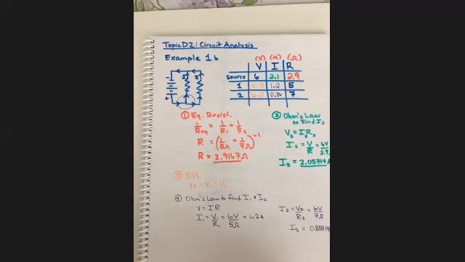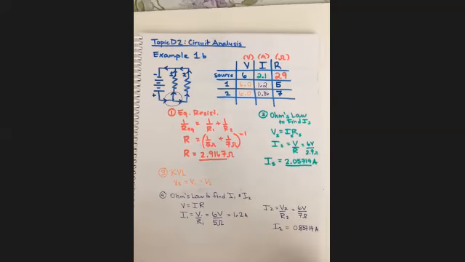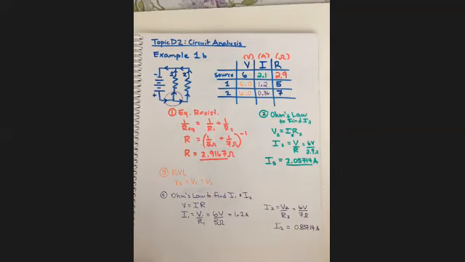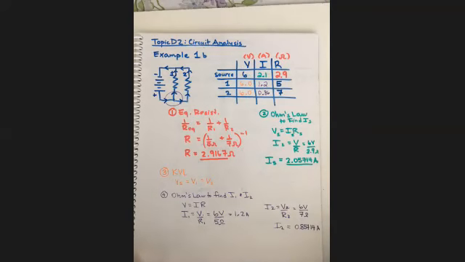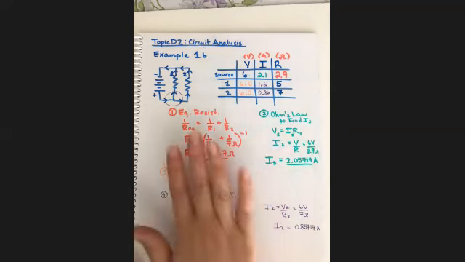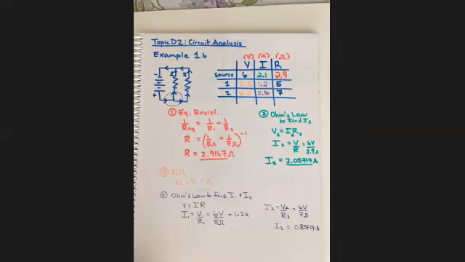If you have the opportunity to use colors, maybe pencil crayons, that's one way to help you when you're looking back on this work. You can see this number you got from this work here. That's a nice thing you can do at home to help trace your work and double check. You're of course going to want to double check that everything in this table has 2 significant figures, because out of the givens you had 2 significant figures and you did use multiplication and division somewhere in these lines. And that's how you do circuit analysis if it's strictly series, as in 1A, or simply strictly parallel, as in